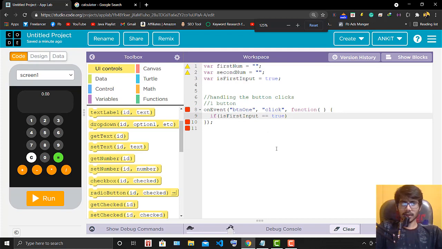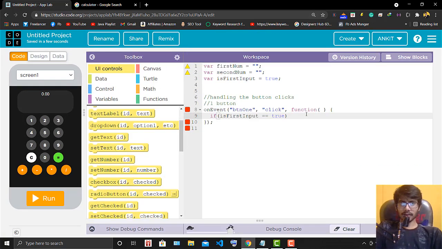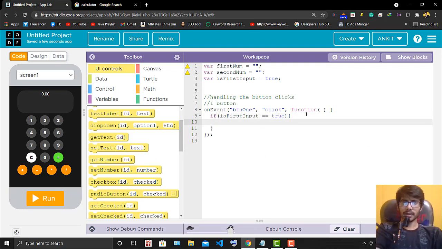Can we make it larger a little bit? Then what we have to perform is that first num should be related to first num, first num plus 1.